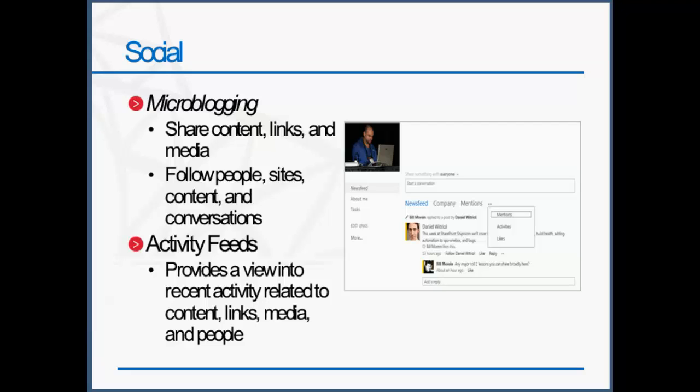Let's start with some of the social enhancements. First of all, microblogging. If anybody has ever used Twitter, then you know exactly what microblogging is. Microblogging in SharePoint 2013 is supported by this new newsfeed page that we were talking about. That's something that's included automatically in your My Site, and it provides an aggregated view of all your activities, not